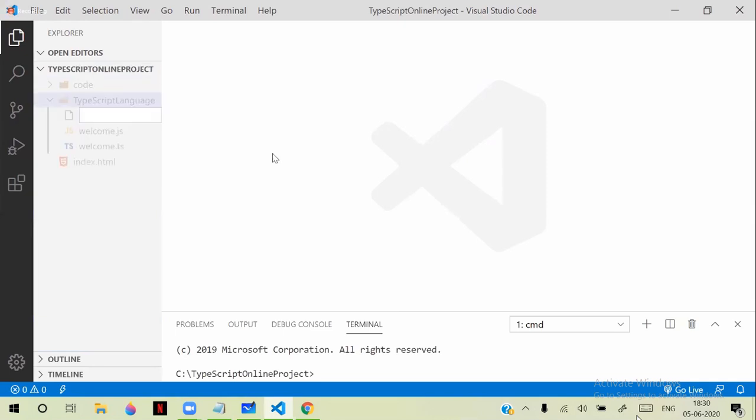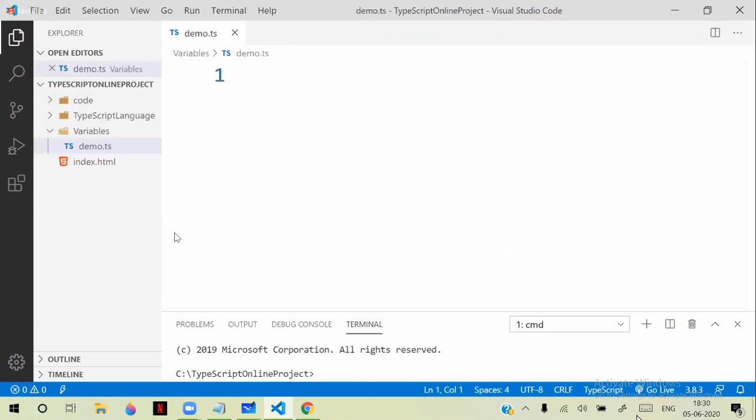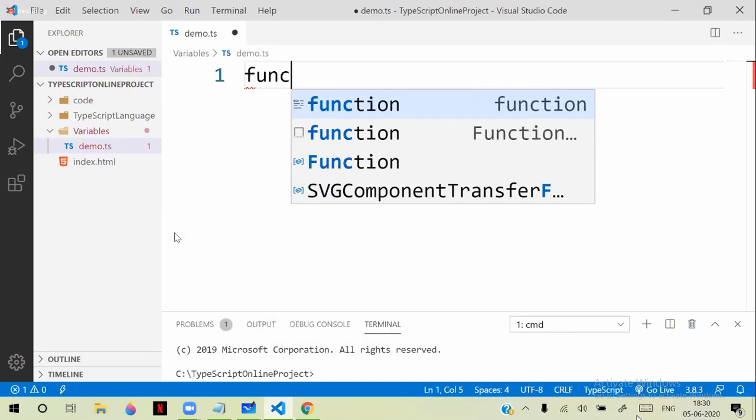I will better maintain a new folder in the language itself, separately, a new folder. I will put variables. Okay. In that, I'm adding a new file, demo.ts, a TypeScript file. Here, initially, I'm writing a function, f1,